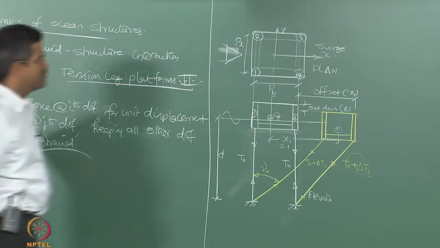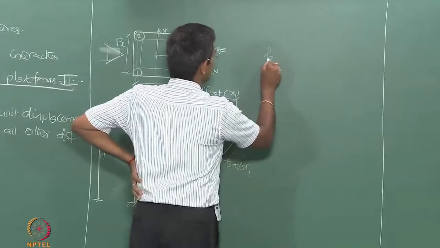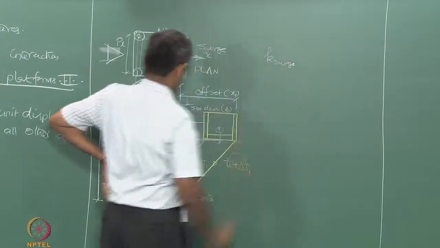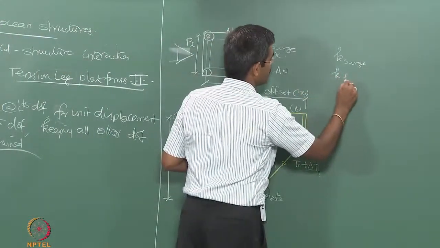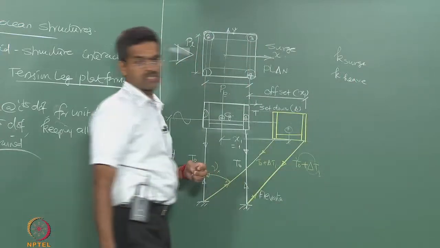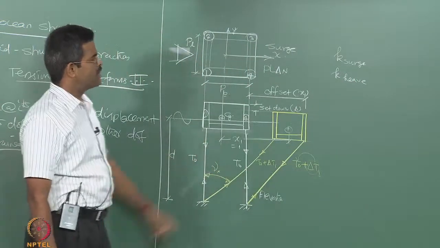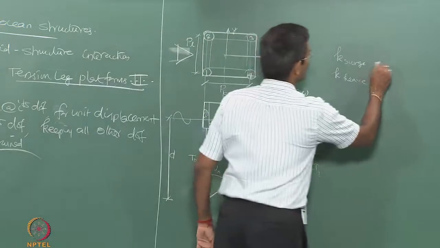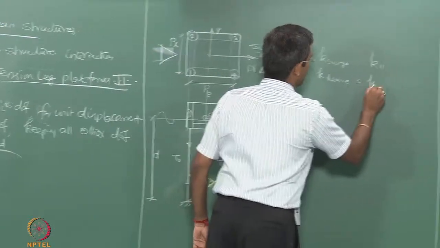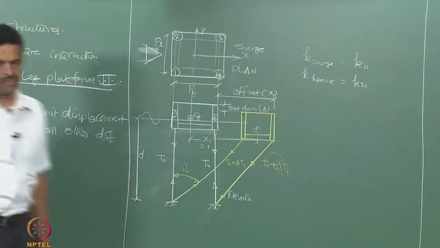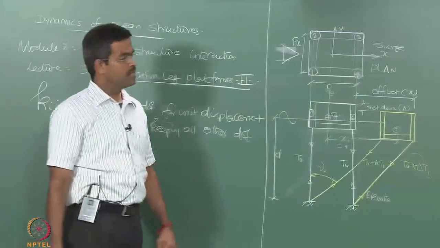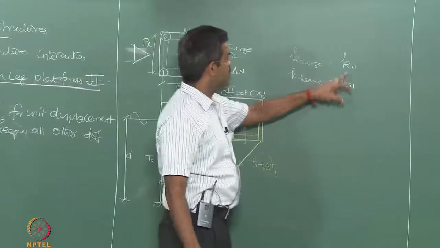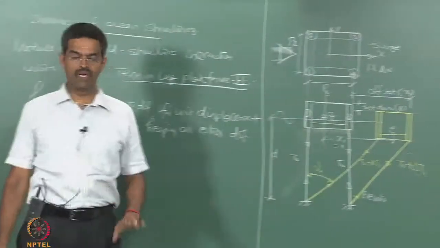Now, from physical observation we can understand that there will be forces in such a direction because it has to restore. There will be force in the heave direction because there is set down happening, which is coupled to offset. Let us try to find these two first, which I will call K11 and K31. The second subscript 1 stands for the first column of the matrix, which also tells me that I am giving unit displacement about the first degree of freedom, and the first subscripts 1, 3 etc. are the respective degrees of freedom where we are measuring the values.